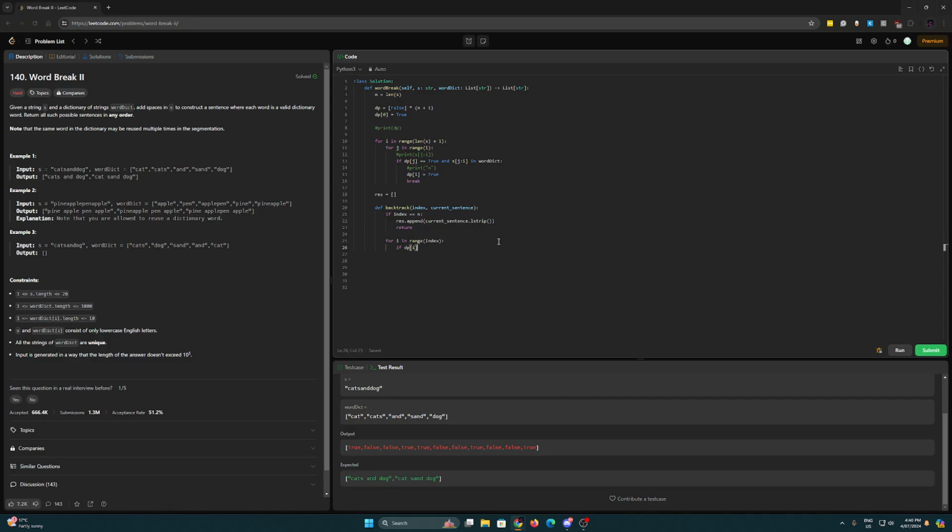If dp[i] is true and s[i:index] in word dict, so this will just be: if the dp[i] is true and s from I through to index is in the dictionary, we can do backtrack I, if dp[i],